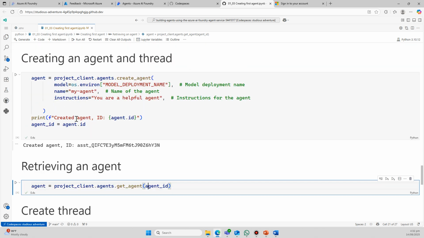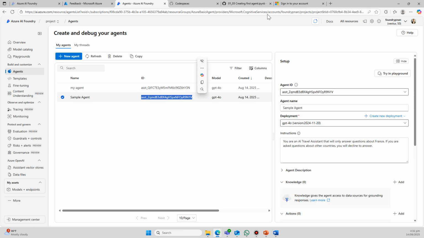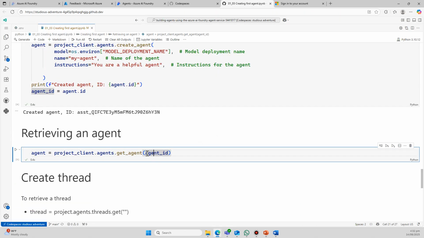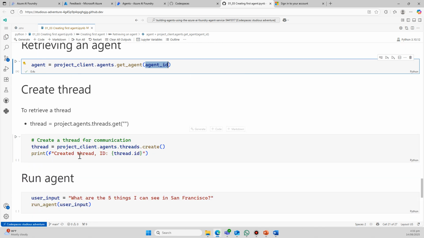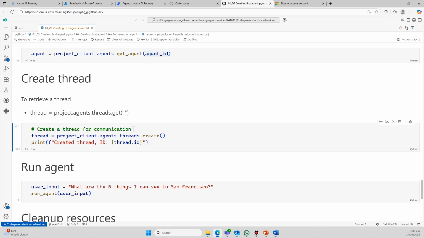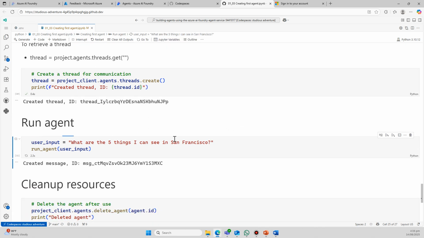So if you created your agent here, you copy this ID and place it here, and you'll now be able to retrieve that agent. Once you've retrieved that agent, you can create a thread for it, and you can immediately use that agent as well.